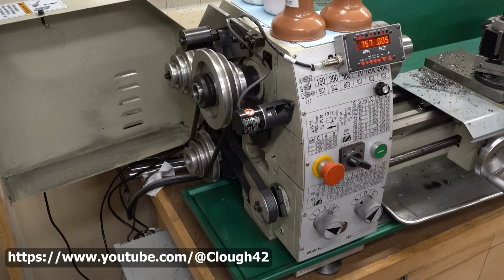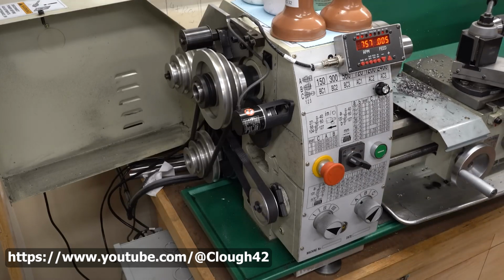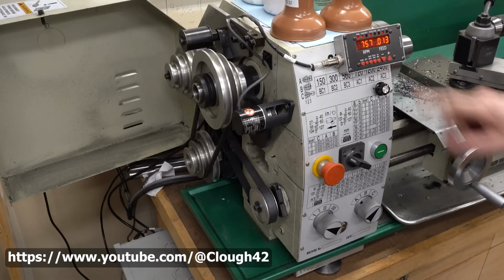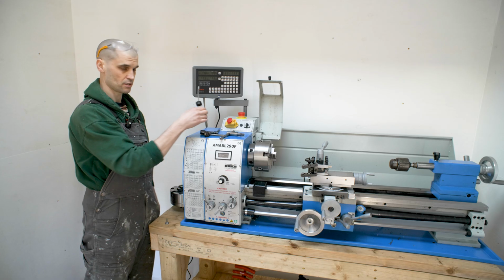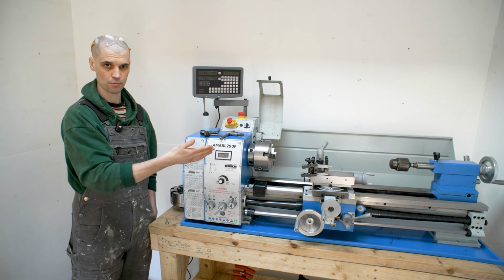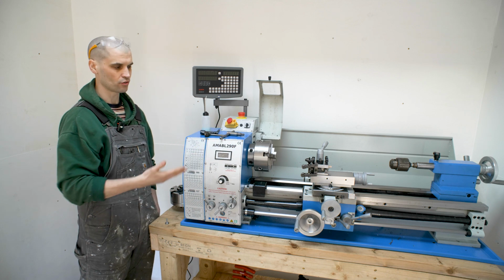Again, I'm not sure of the need for it at the moment because it looks like I can probably do a lot with just using dies and a die holder. And then the next thing I'll probably get is some sort of coolant. I've just been using a squeezy bottle with my CNC coolant here. And I think I will probably go with some sort of flood or mist coolant for the cutting because